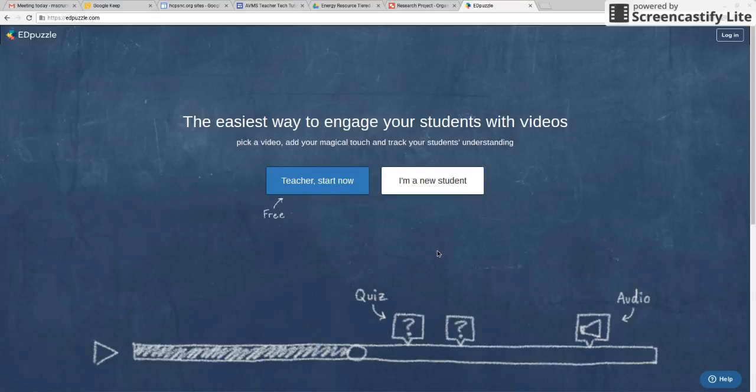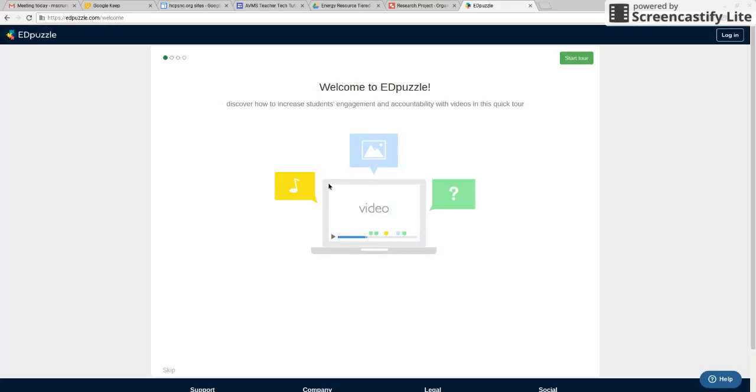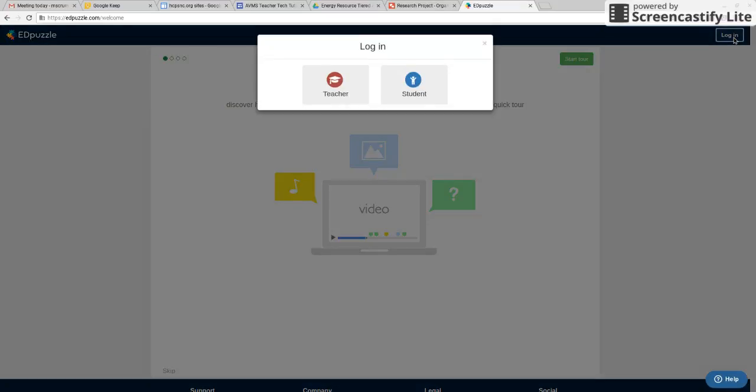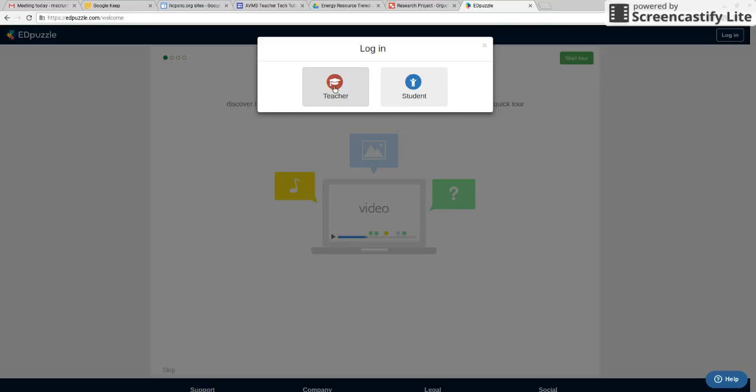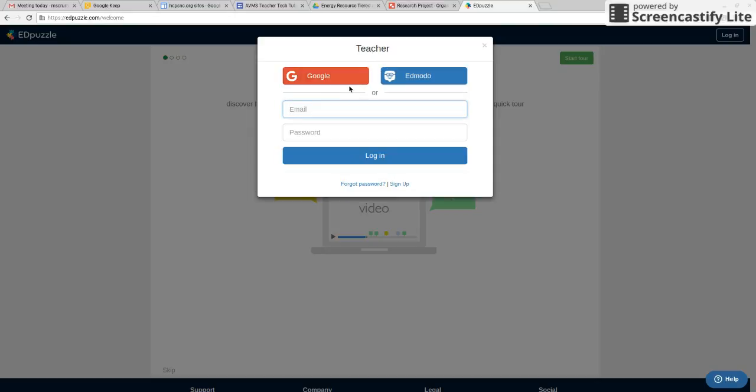Alright, so this is a tutorial of EdPuzzle. You're just going to go to edpuzzle.com, click I'm a teacher, and you can either take the tour or not. I'm going to simply log in. Make sure you click teacher, and you want to make sure you click the red Google here. Any product that you log into, you want to link it to your Google account. So I do that. It might ask me which account,